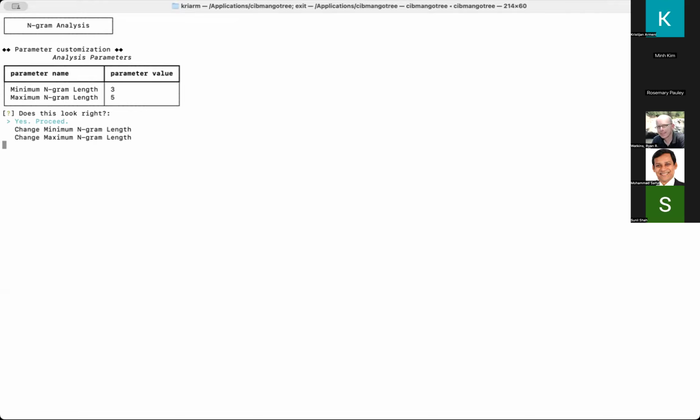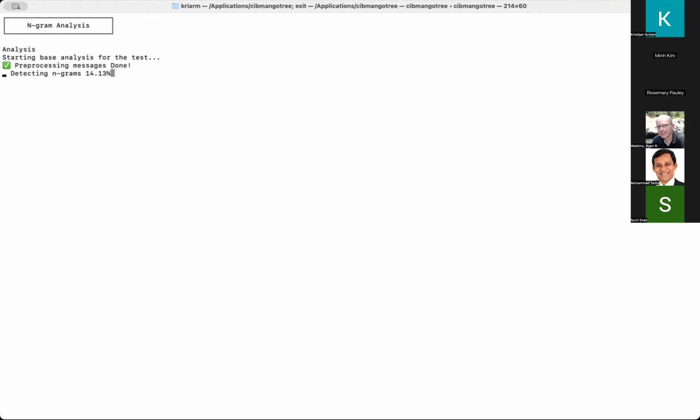It's important because these combinatorics can quickly explode with these n-grams. So if you put 3 to 8, it would take quite a while to find these things, and it takes a lot of memory. So we keep it short. We have some defaults that seem to be informed, and so I'll say, yes, proceed, please. And it's doing it. I have little cute progress bars. It will run for about a minute or even less, so no need to worry.